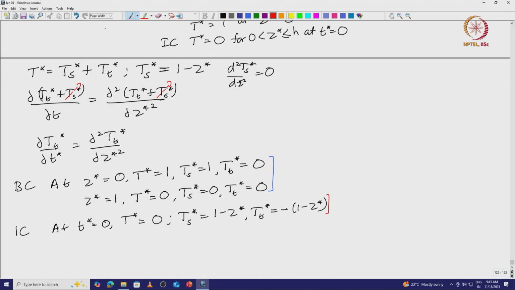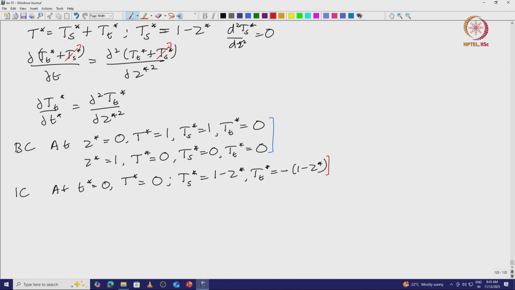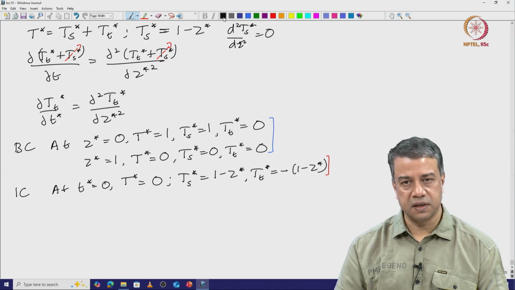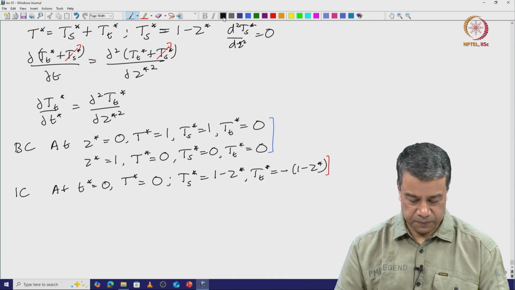If all boundary conditions and initial conditions were homogeneous, the trivial solution would be that the transient temperature is equal to 0. So, therefore, there is driving at initial time. There is driving at initial time for this transient part. Now,